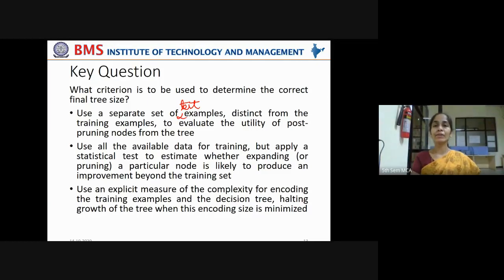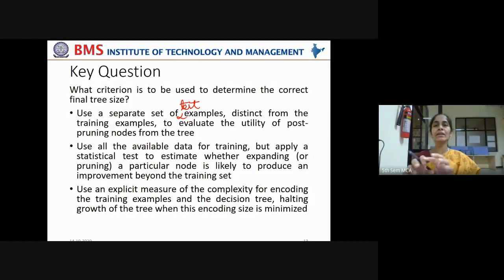Use a separate set of examples, we call it test examples, distinct from the training examples, split the data set to evaluate the utility of post-pruning nodes from the tree. The tree is grown, remove this node. Is the test set giving better performance than the previous one? Yes, then your decision of pruning that node is correct.